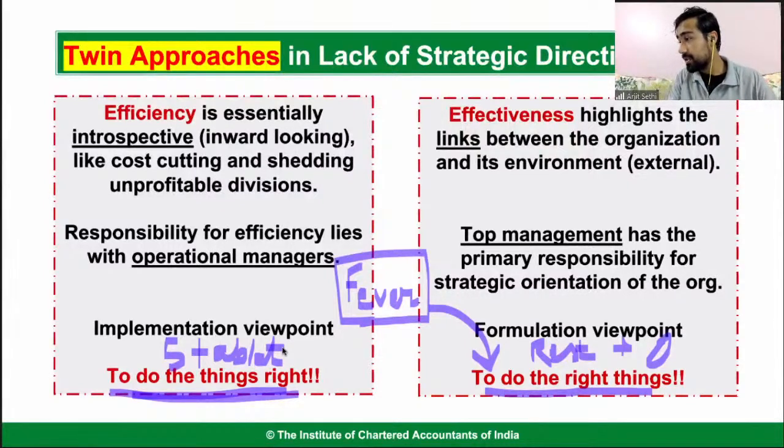Effectiveness is to do the right thing. Example: when you submit in less time, that is efficiency. You can be cost efficient also. You can be cost effective also. Okay, I'll come to that. That is right. But the example is right, Sneha, right?